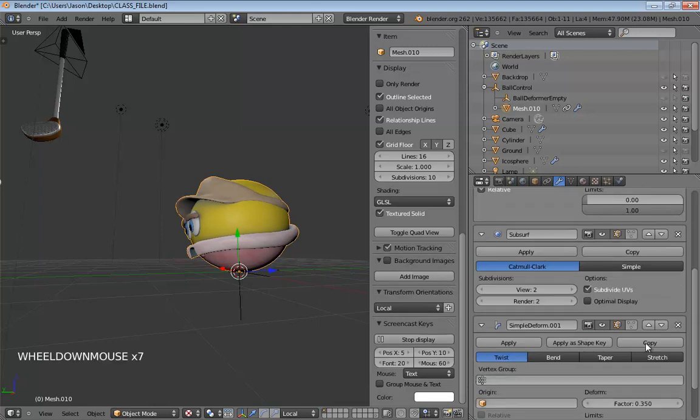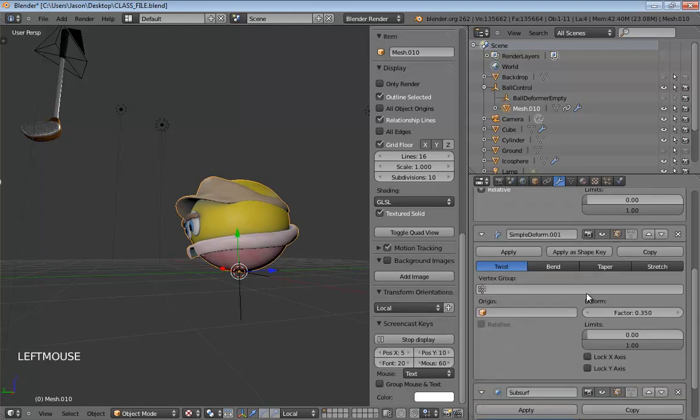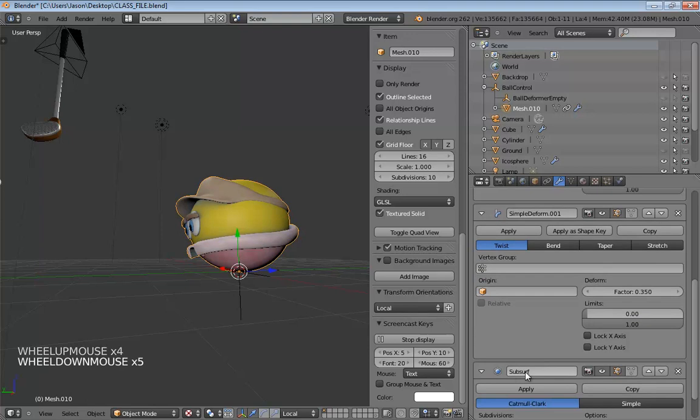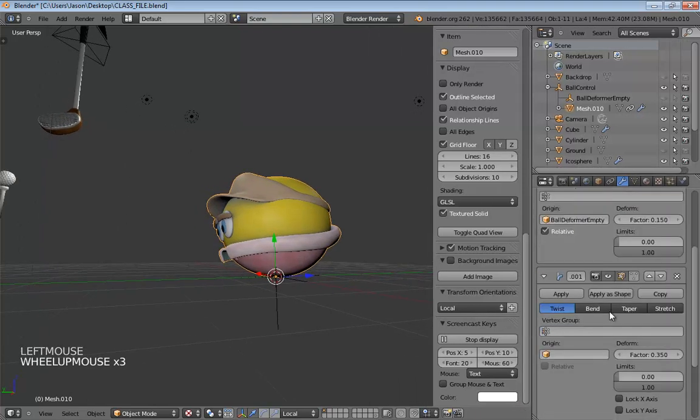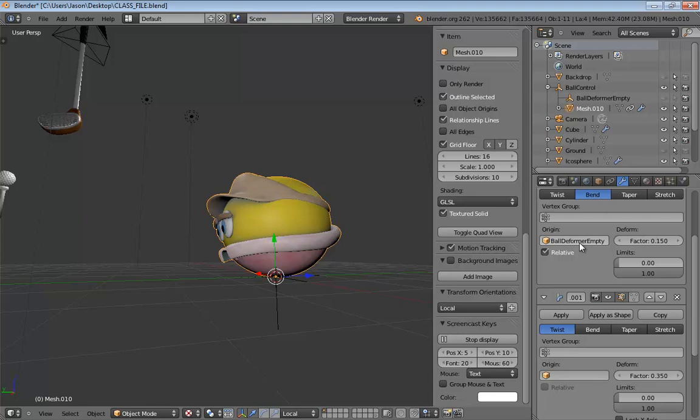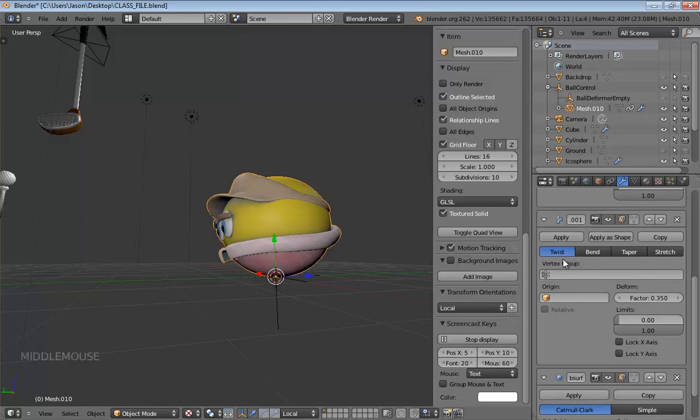Make sure you bump this up just so that it's taking place before any subdivision surface that you may have on your object. It doesn't really matter if this takes place before or after your bending. It's not going to change things that drastically either way. But that's really because I'm not doing a lot of both of these at the same time. When he's twisting, he's generally not bending, and vice versa. So we're going to leave the type set to twist. And you can just kind of play with the factor and see what this does.